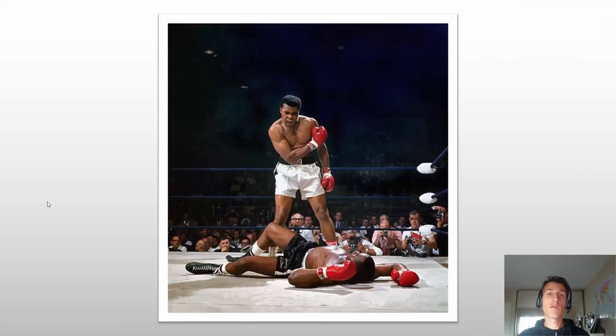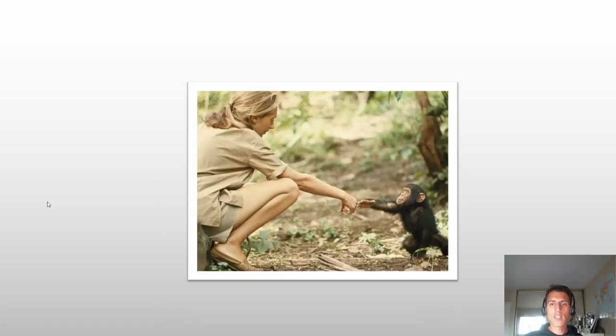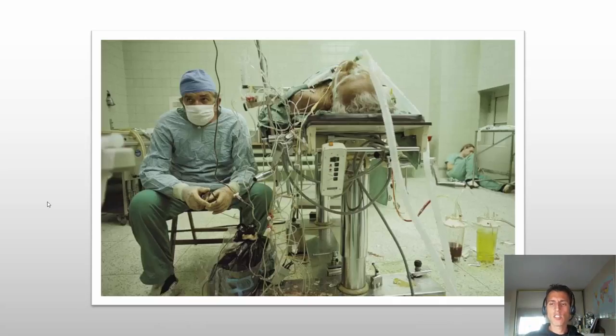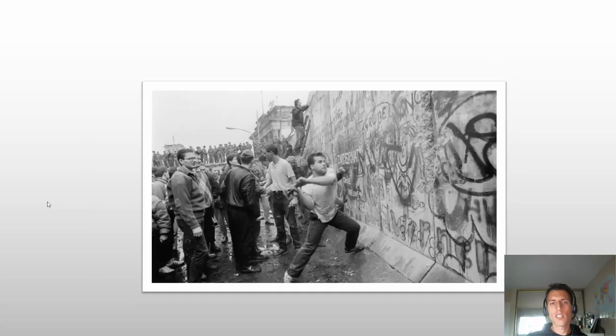There are examples like this. This photo of Muhammad Ali winning a match, you can see the looks on the faces, you can see the pictures being shot, you can see the tone and the body language in his face and his powerful image, and it shares a story. Beautiful image. I think this is a picture of the first successful heart surgery. You can even see somebody passed out in the corner. Just by this picture, you understand how long and how difficult this operation was, and how many things they had to overcome, and how long it took them to get to this point. There's a lot going on in this picture.